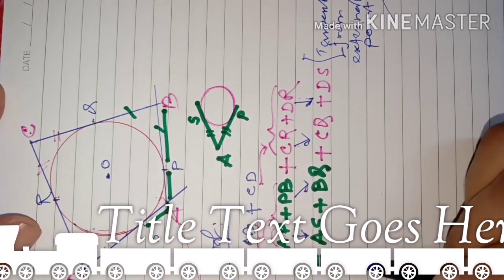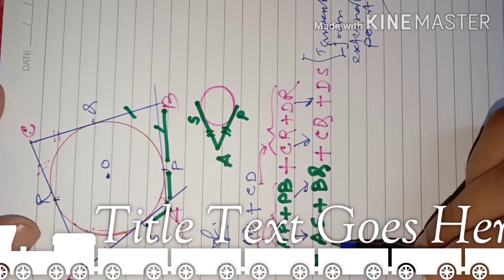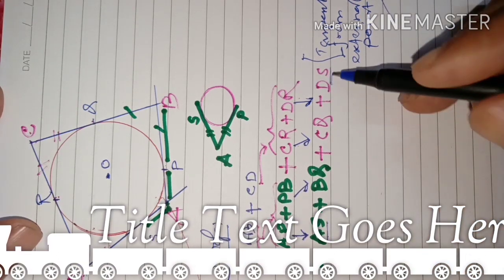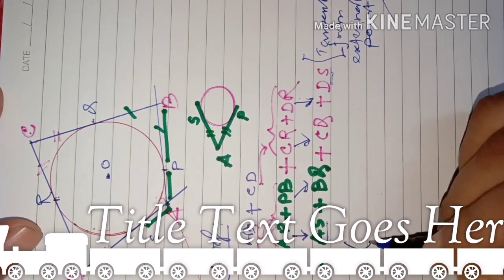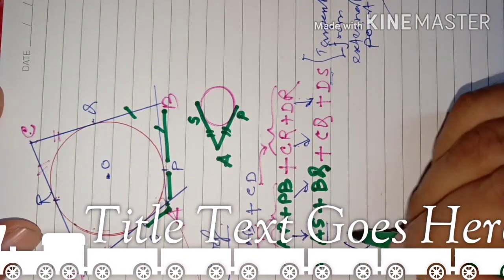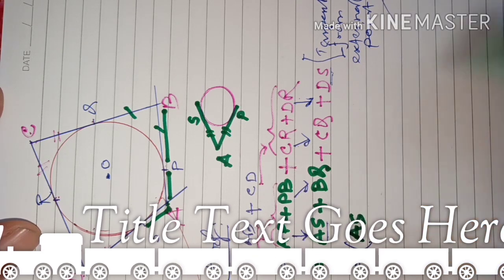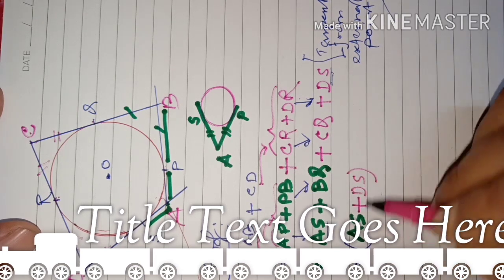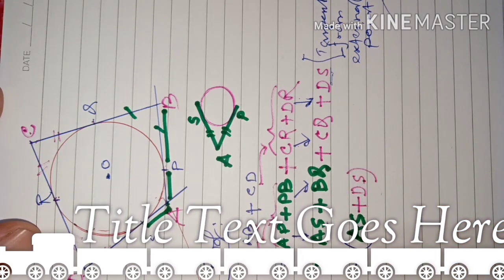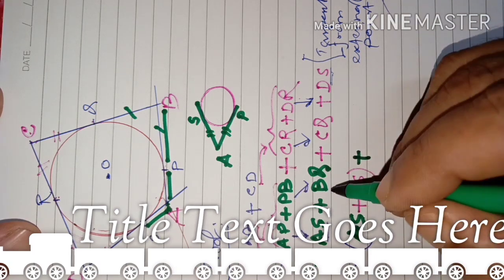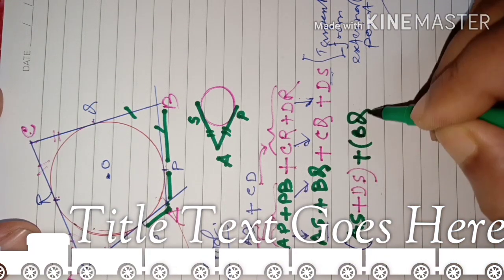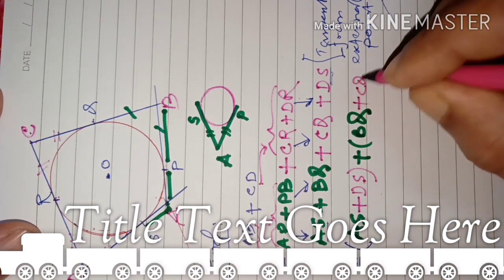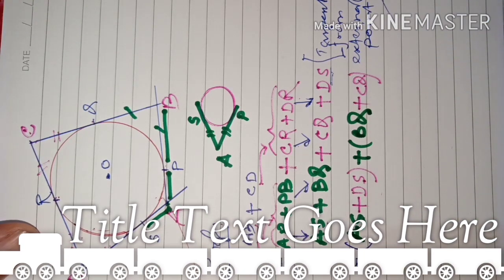Now what I will ask you here: look at the parts here, do you see any common letter? Here AS, here DS, S is the common letter. Put them together, means you combine AS with DS, because S is the common letter. Plus BQ with CQ, write plus CQ. That way if you do, you will get your final answer easily.